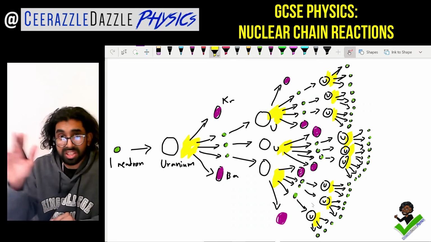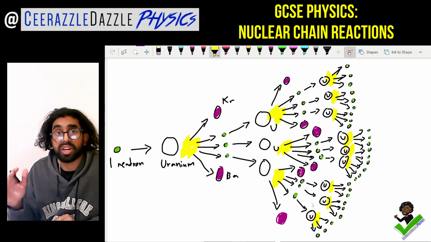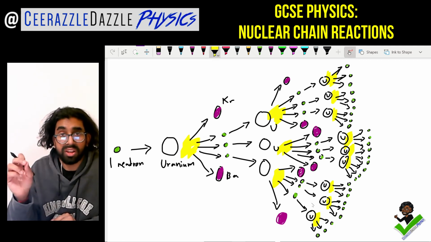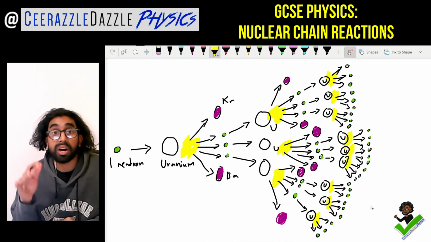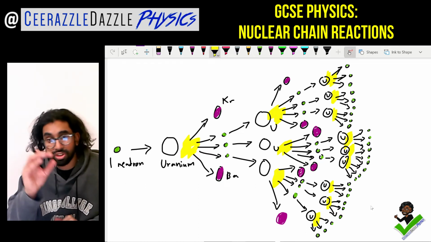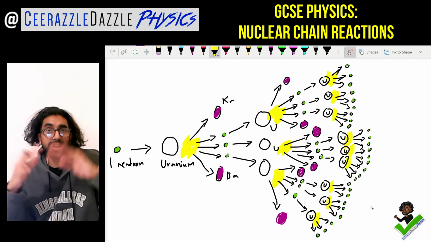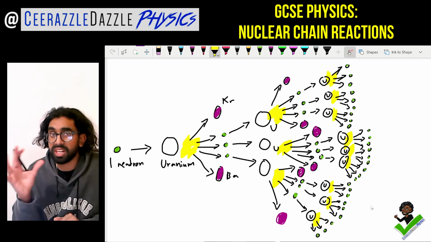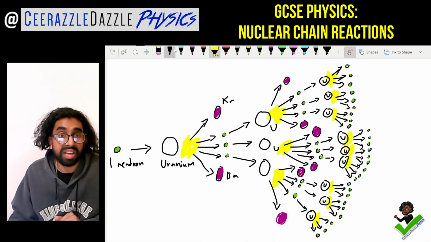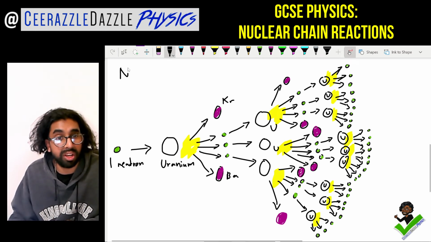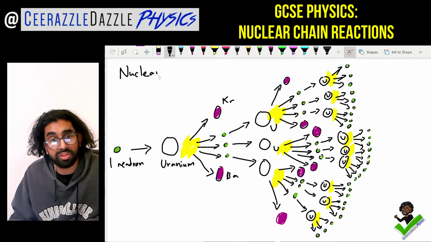So because there's so many occurring right now with this chain reaction, from one neutron being thrown in and all the decays occurring, the nuclear reaction may become uncontrollable, guys. Because look, each time fission is occurring and we're getting loads and loads of energy, and it might be really difficult to contain that energy here. So obviously this is great because we have a chain reaction. So this is a nuclear chain reaction,